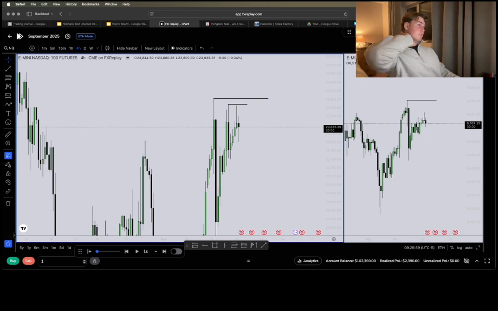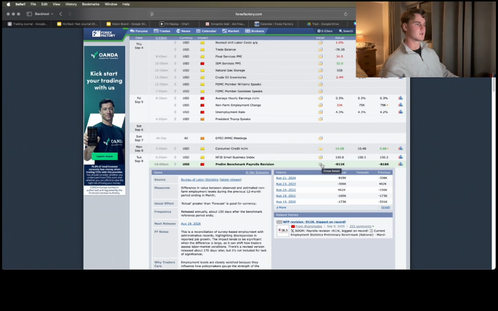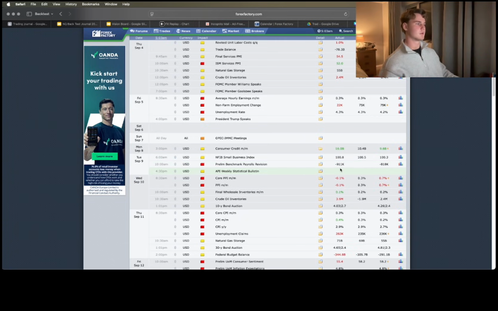Anyway, what is this? The 9th of September. What is the news? Prelim benchmark. I don't really see that much. What is that? Difference in value between observed and estimated. Okay. Negative results, so it couldn't be that good. Anyway,